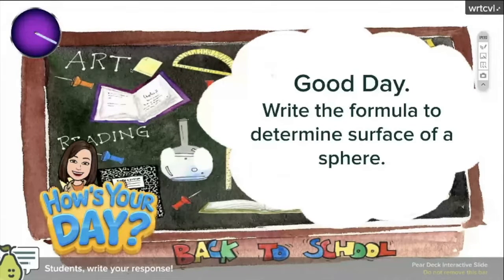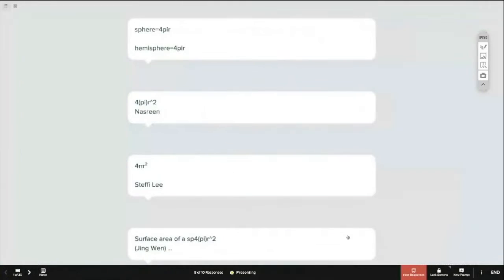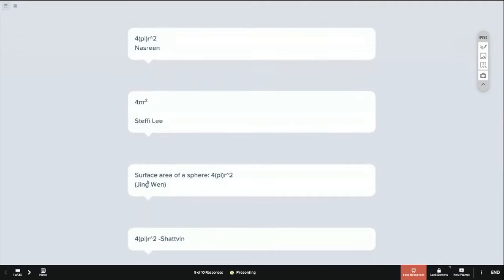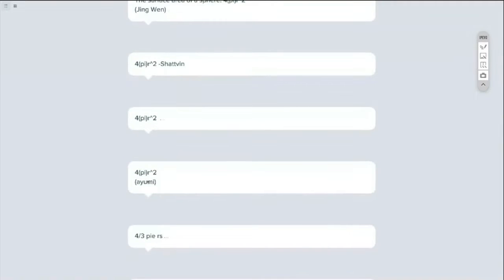So you try to write down the formula, whether you can still remember or not. Surface area. Thank you, Pavitra. I'm about to paste the link that you pasted for me already. Okay, let's check with the responder. 4 pi r sphere. 4 pi r only? Are you sure, 4 pi r only? Answering 4 pi r square, yes. Okay, Steffi, good. 4 pi r square, yes. Sabine, okay, everybody can remember the surface area of a sphere.